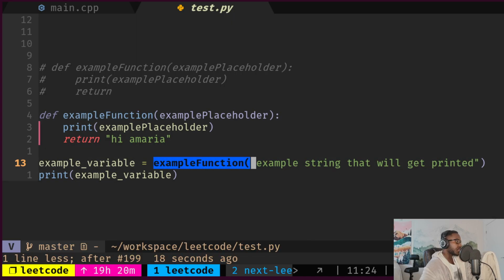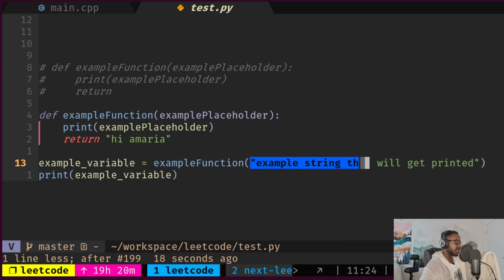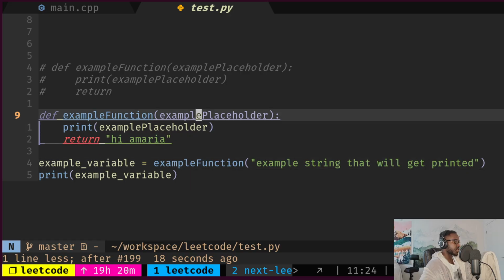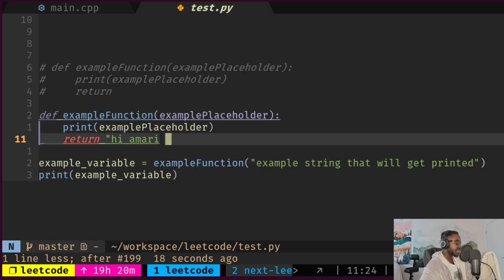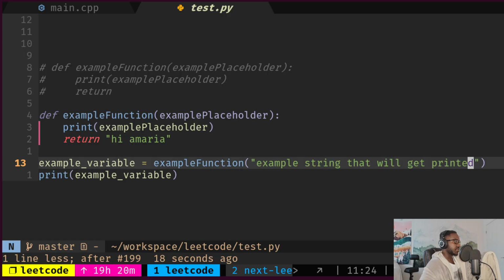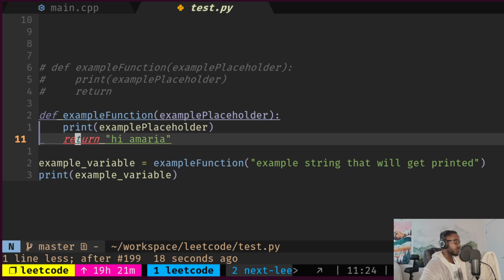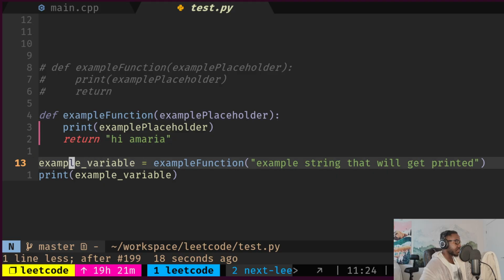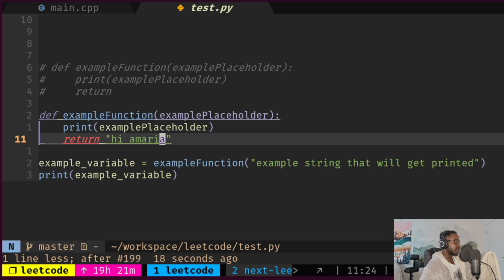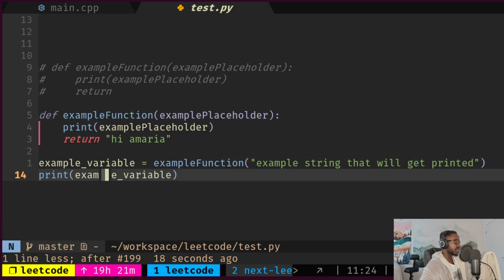It sees that we called the function with this string. Okay, so now we're jumping to this function. This placeholder is equal to this string. Okay, print the string. We return hi Amaria. We set this variable equal to the return of the function. Example variable equals hi Amaria. And then we print example variable, which is equal to